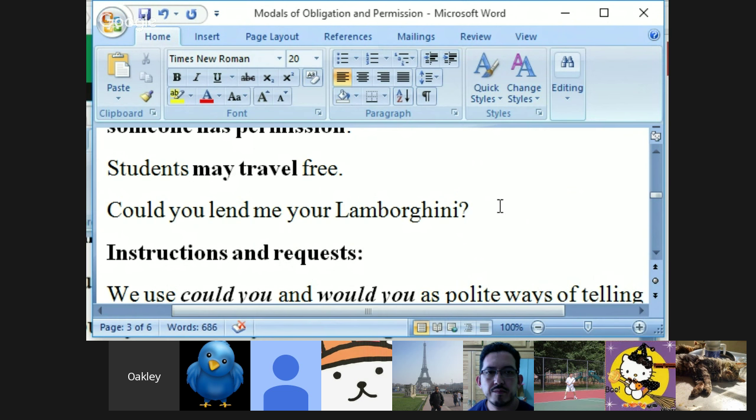Okay, notice that I would respond with a negative. All right. I don't have the ability. Also, notice I don't say no. I may not buy a Lamborghini. Okay, that's permission. I'm answering that I do not have the ability to buy a Lamborghini. So I have to use can't here. I can't use any other form to answer his question. No, I can't possibly buy a Lamborghini. There's no chance. Okay, thank you. All right, that was useful.